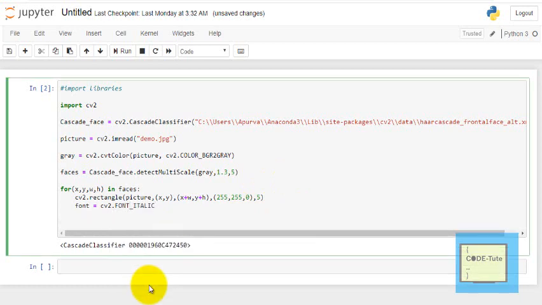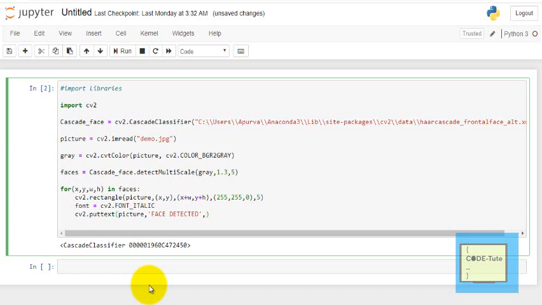And then the cv2.putText function is used to put text on the picture. Give the picture here, this is the first parameter, the picture on which you want to put the text. Then what you want to put, you have to pass the string. I want to pass a string like face detected.